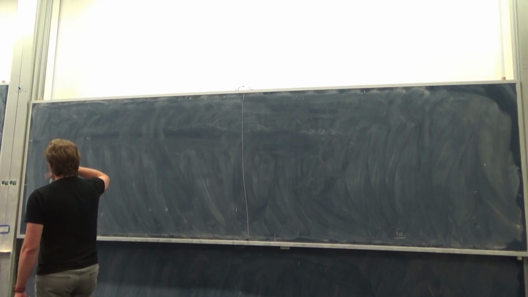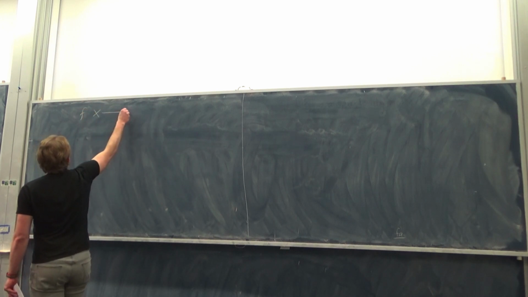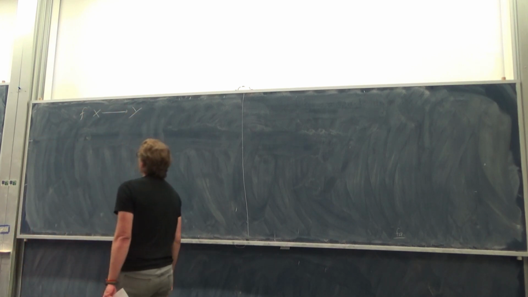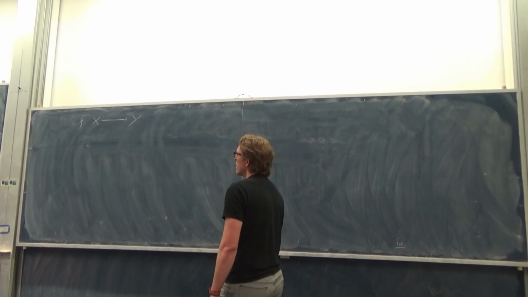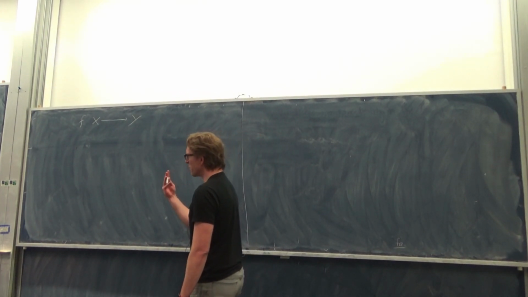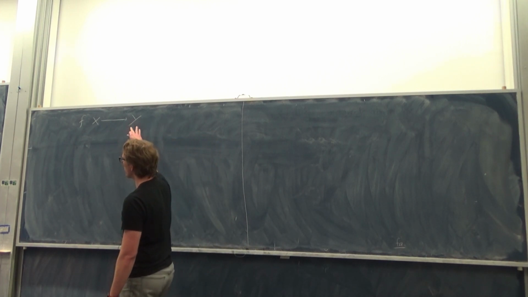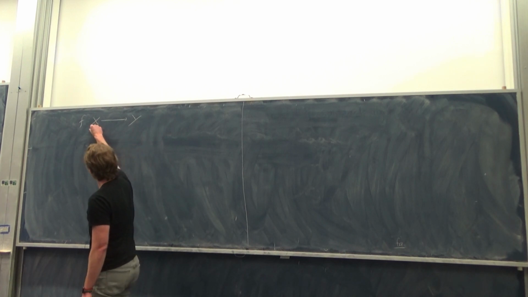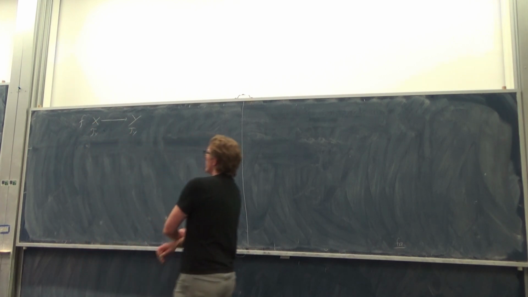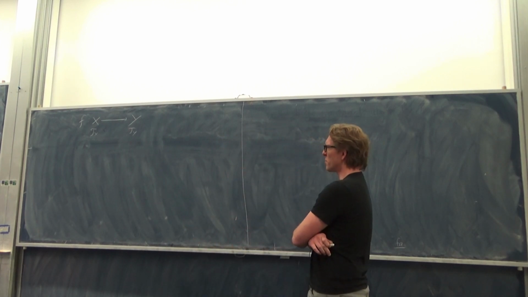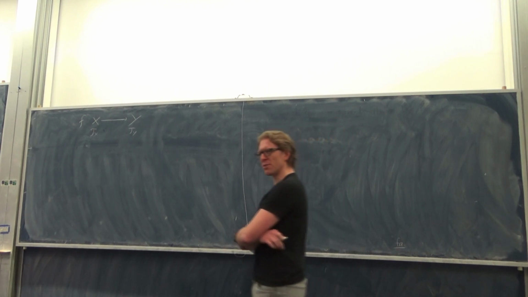Here's an observation which I didn't make last time but maybe is worth making. If I have a function between two topological spaces, forget that you know about continuity from metric spaces. If you were just told that a mathematical structure of a topological space was a set together with some set of subsets, and you were asked which functions between sets preserve that structure, well, there's maybe two natural things you might try,